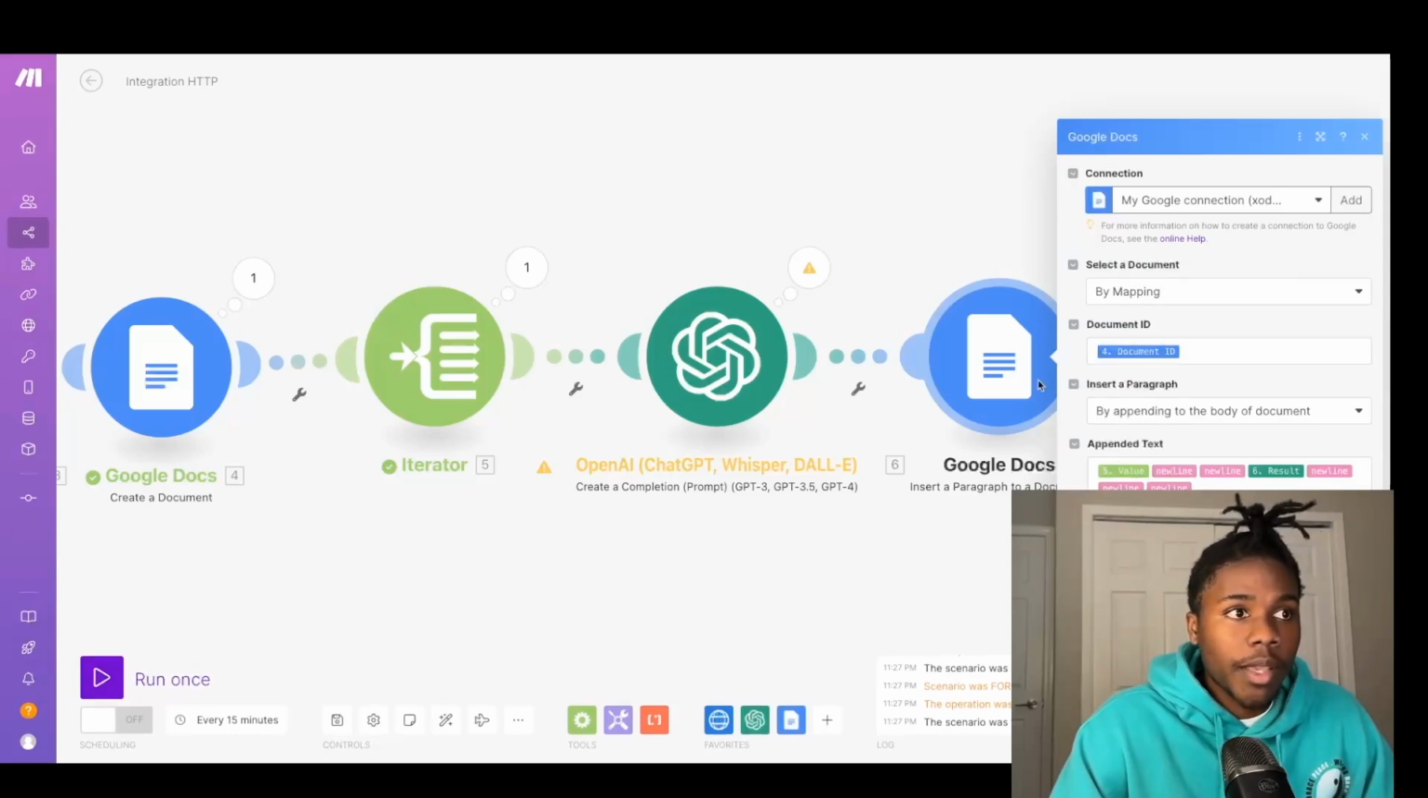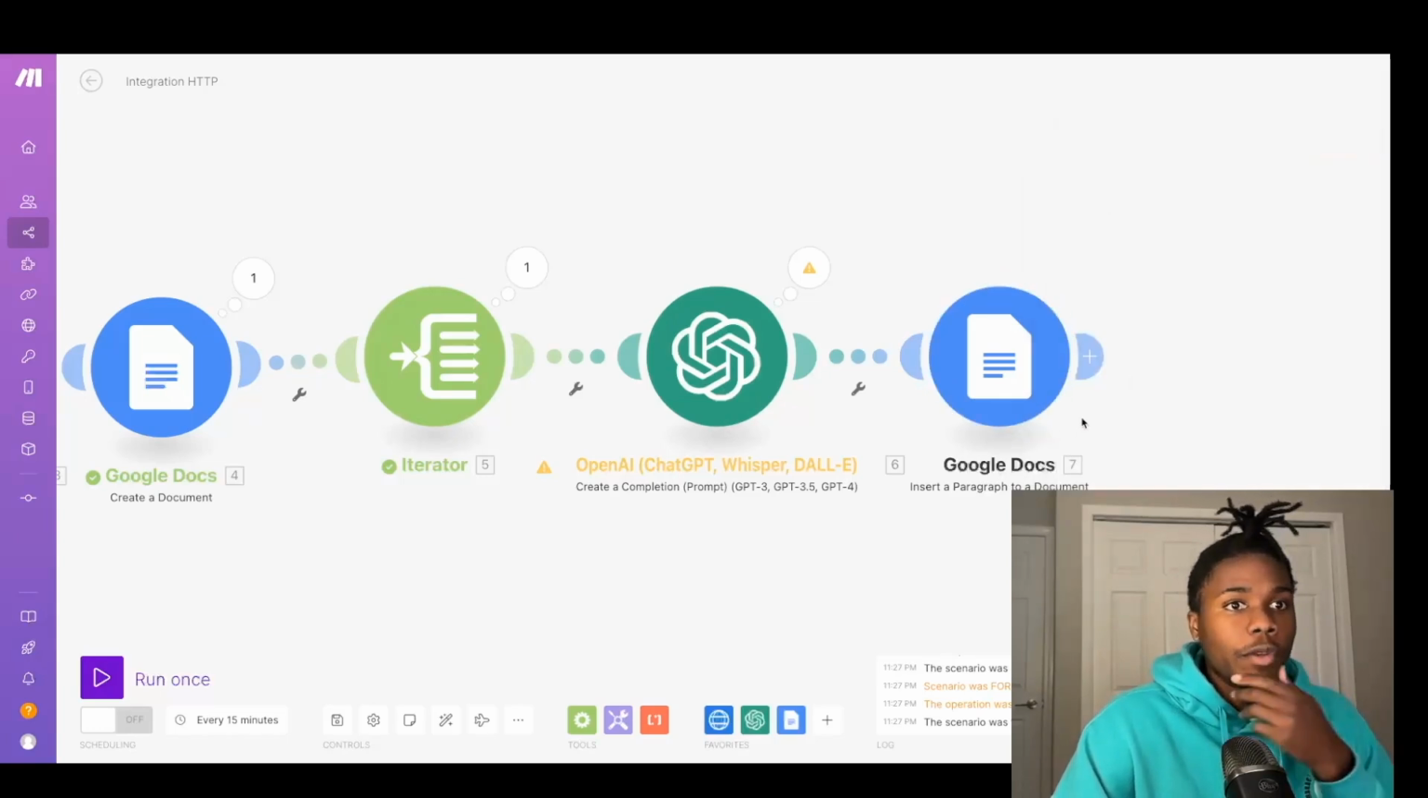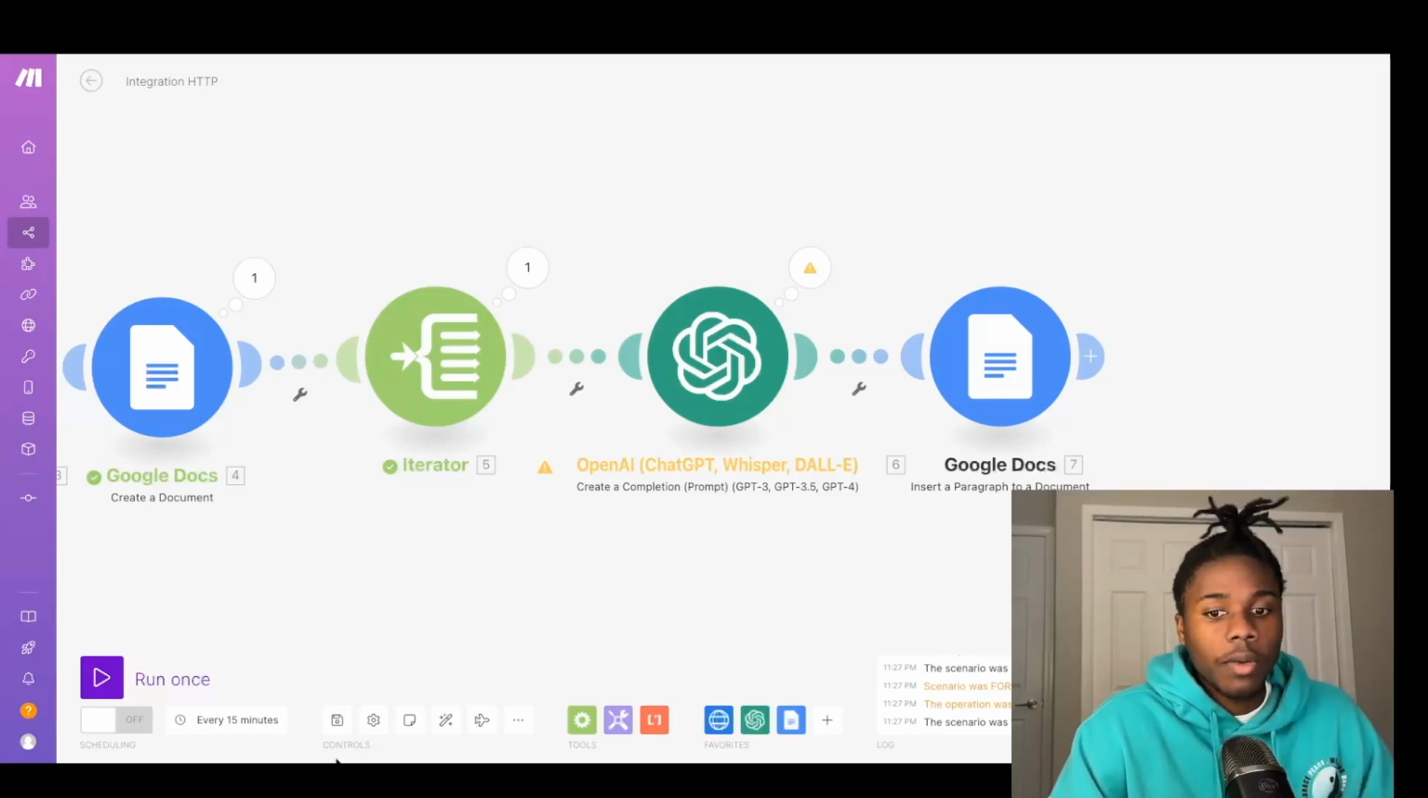Yep, we're just mapping into this document that we've already created. We have the text and yeah. So this should be all we need. Trying to think if there's anything else. Nope, that's about it. So we're going to go ahead and run this once more and see if it works